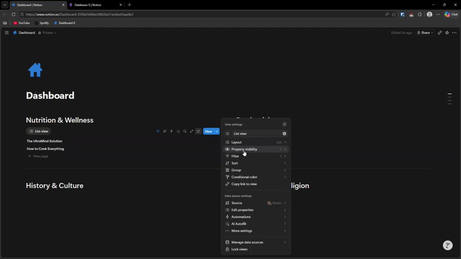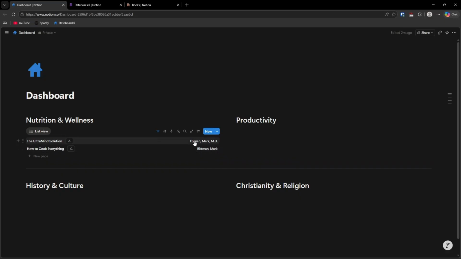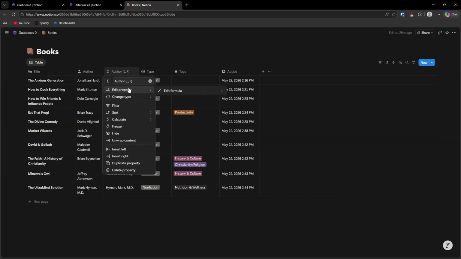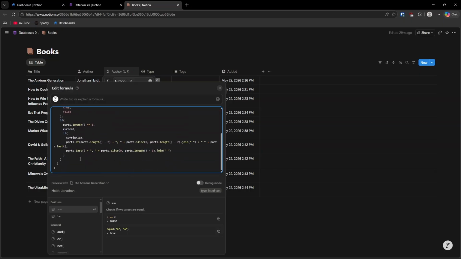And so we can come up to property visibility. This enables us to show different properties. All of them are optional. You can choose whatever ones you want to see. I don't want the author name, but the author last name, first name formula, which we haven't configured yet, actually. I didn't configure this last name, first name formula on screen, but I'll put it in the description. This formula is pretty complicated, but if you just copy and paste this into your author last name, first name field as your formula,